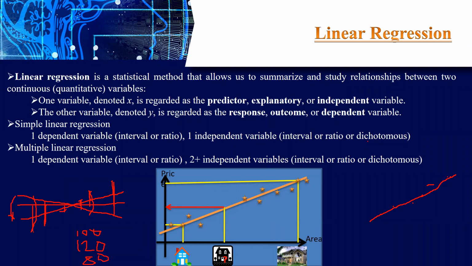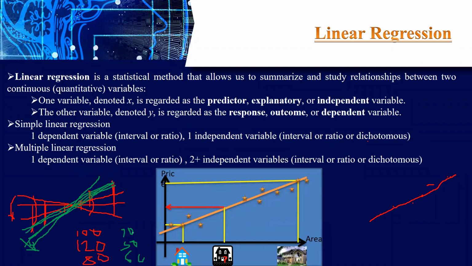So now what will happen? Let me change the color. It will move again in this direction and like this direction. At this point, this is the optimal direction, right? After this it will also try to move the model like this, but the cost will reduce to 70, 50 like that, and again it will start increasing from this point to this point. Now the model understands, okay, I have crossed the optimal point, I have to go back and tune here. So again it will try to tune here, and finally you will get this line.